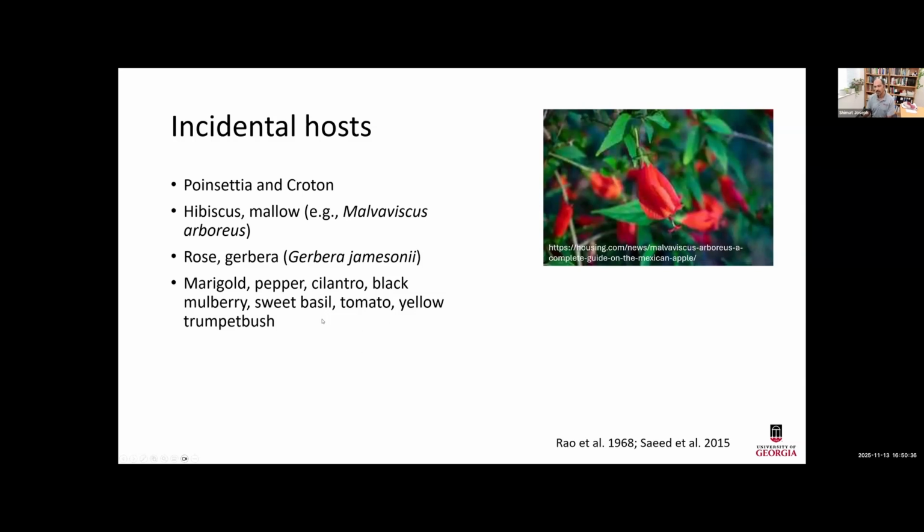So the point is that Malvaceae and Solanaceae are important, and cucurbits. Within that, there is so much difference. For example, pepper and tomatoes are considered not a very major problem, because we have seen this year in the field where they are hammering and killing the eggplants and also the okra, but they are not doing anything to tomatoes and pepper. So within the same family, they are differentially attacking and colonizing and causing issues. So there's something to know. So these are the host range of this pest.